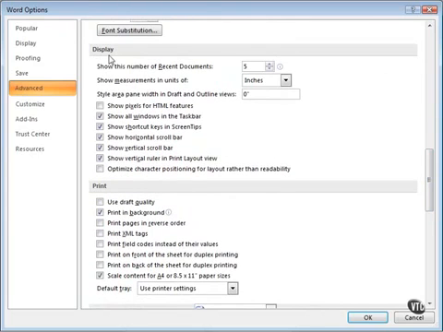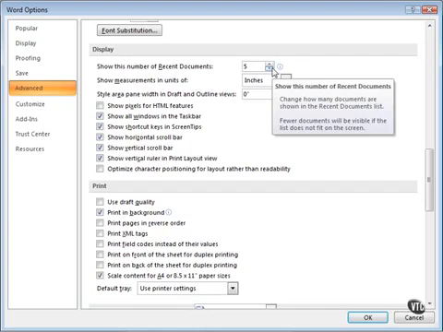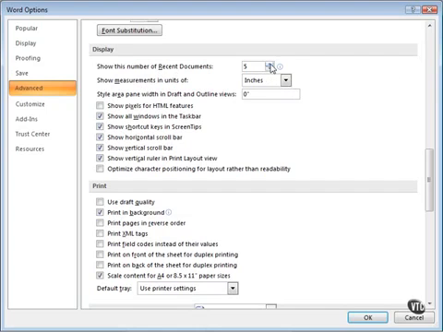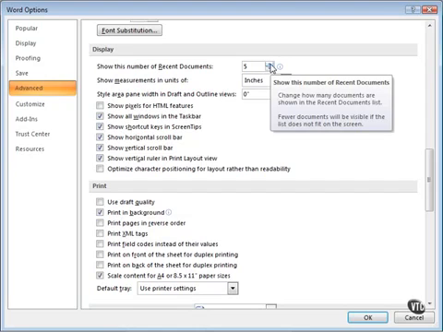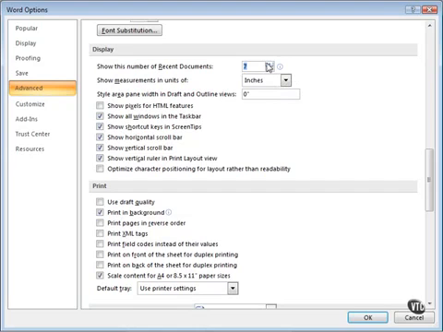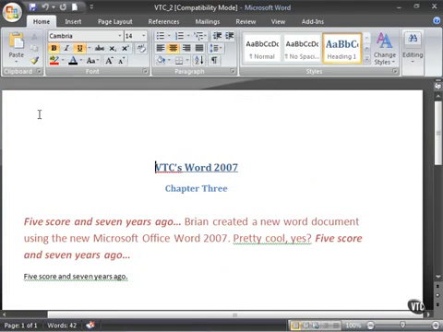So the Display section has a lot of indicators about how Word displays information, and one of those options is show this number of recent documents. So I've got 5 here as the setting. If I want to show more, of course, I would just click up on the little scroll wheel here. If I set this to 0, by the way, it can introduce some measure of privacy to your experience with Word,